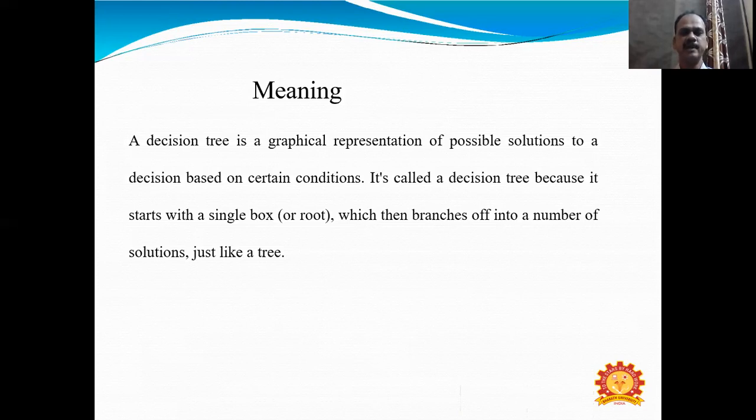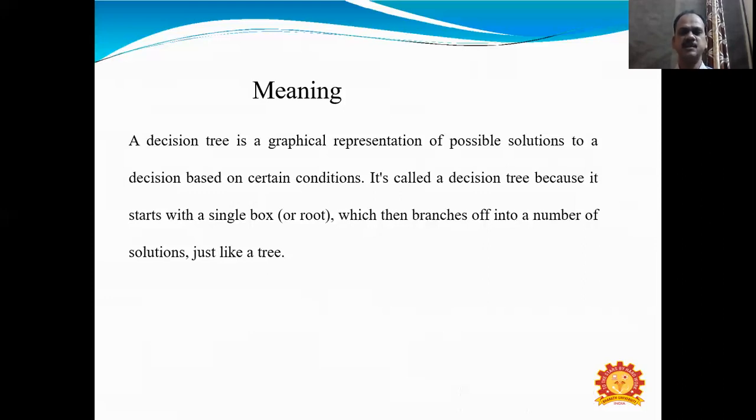If you want to make the tree format, we have to use the CART algorithm, classification and regression trees, as the tree structure format. So here we have internal nodes, branches and leaf nodes. The internal node represents the features of the data set. The branches represent the decision process.